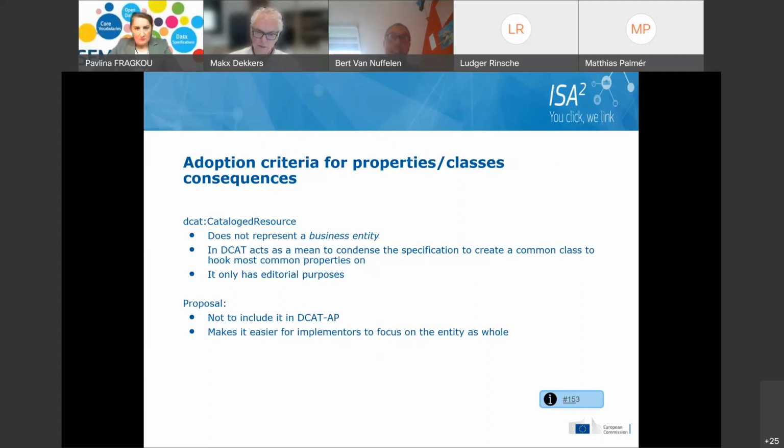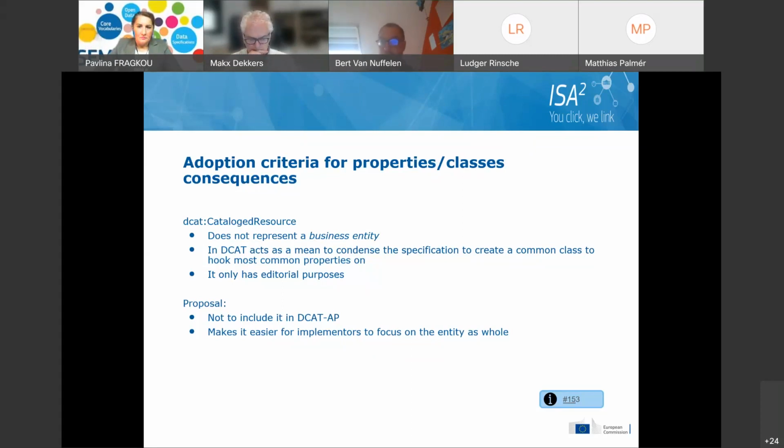So it means that we have to duplicate properties like title and description, because there will probably be no difference in the handling of those properties, whether this is a dataset or distribution. That is very likely the case. But in many cases, there is a difference for some of the properties, where we anyhow have to specialize them. For instance, categories. If you categorize data services, there will be another code list than the one that you will be using for datasets. So you have to specialize anyhow, and then you get a mix of specialized properties and some that are on